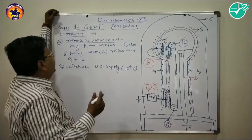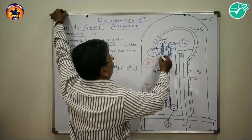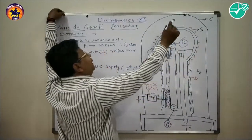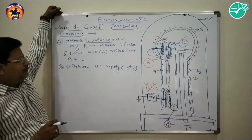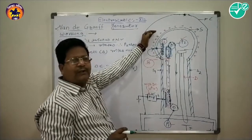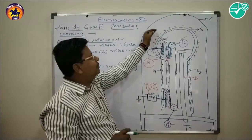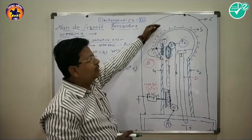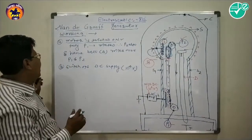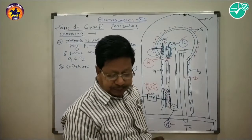And the use of this Van de Graaff generator is to produce high voltage. It is possible in this way. But if these charges produce high voltage in the surrounding medium, suppose the medium surrounding the outer surface of this hollow sphere is air, again it gets ionized, because the